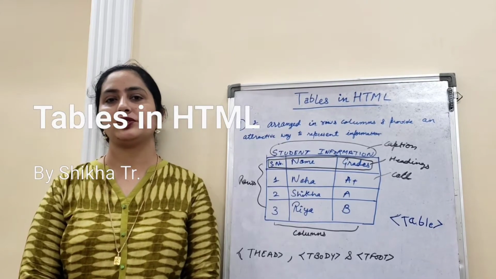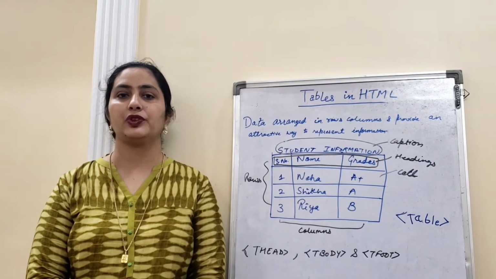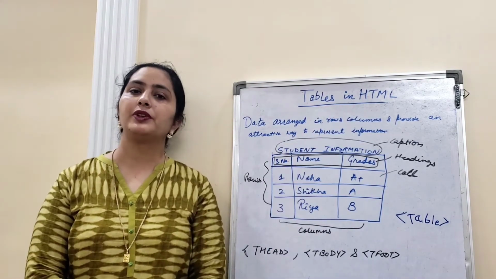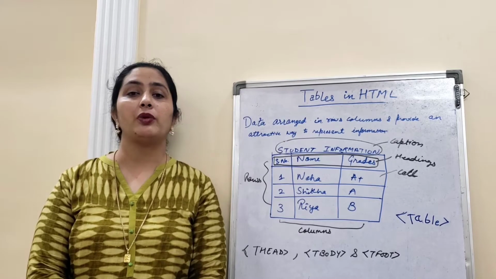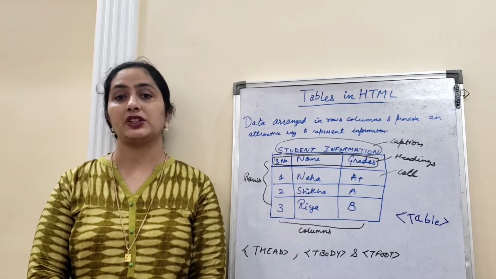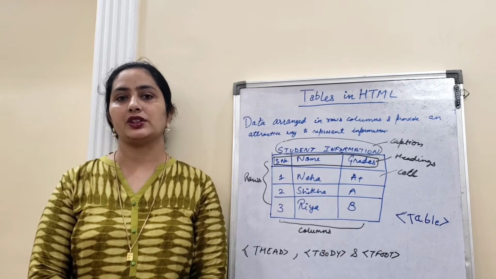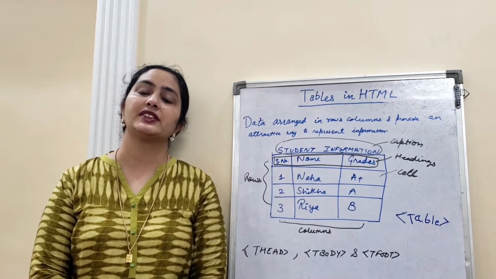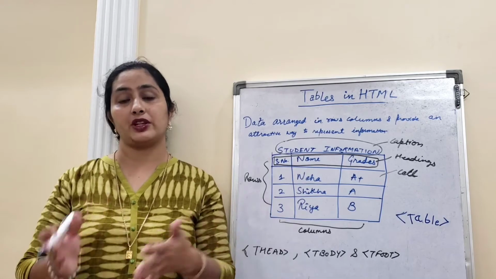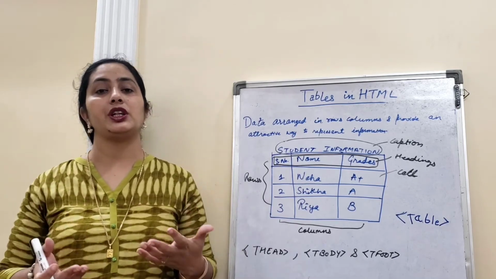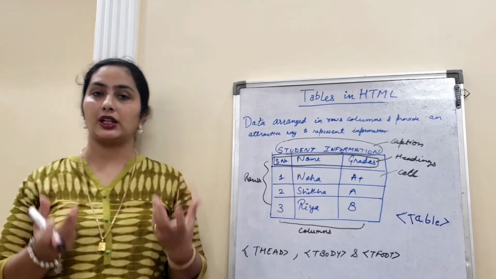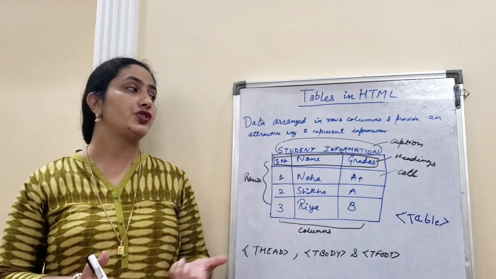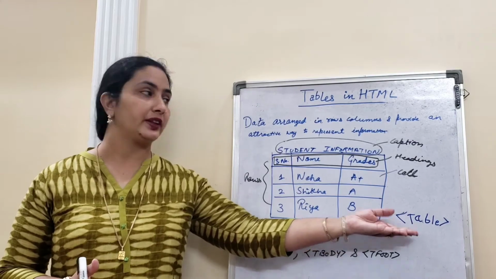Students, today we are going to start the last topic of chapter number 4, that is tables in HTML. You all know whenever we want to represent our data in the form of rows and columns, tables are the best option. Whenever your teachers, or even if you want to make any list, you prefer Excel because in Excel you already have columns and rows. Similarly, in HTML, whenever we want to represent our data in the form of rows and columns in a systematic way, we choose the table tag for that.